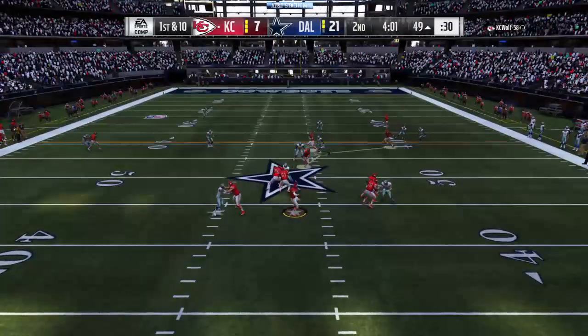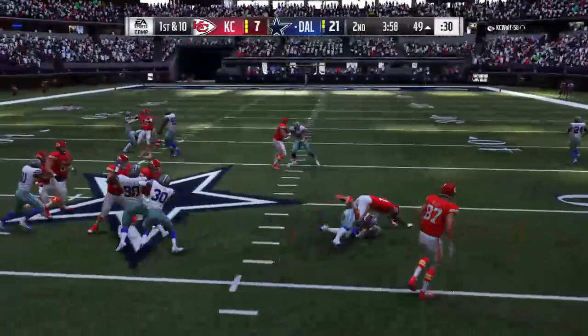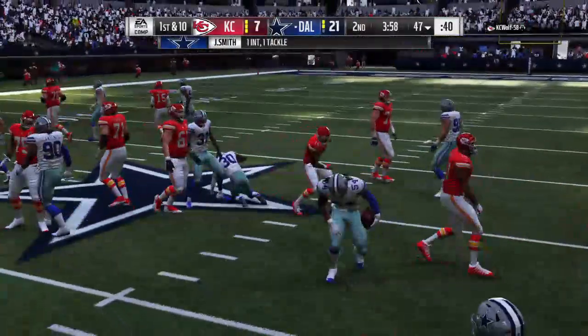On 1st and 10, here's Mahomes. Trying to find his tight end, Kelsey, and it's intercepted. Picked off by the linebacker, Jalen Smith. And his guy...